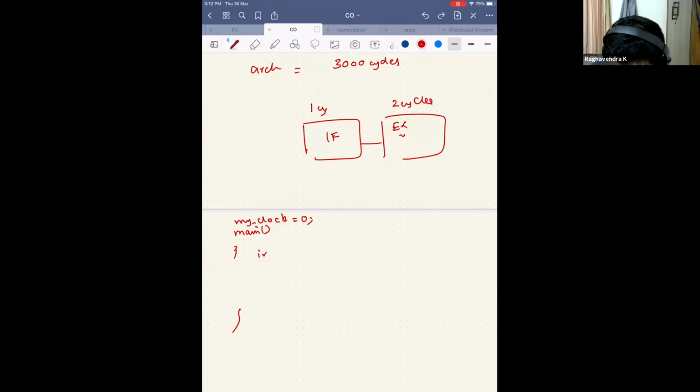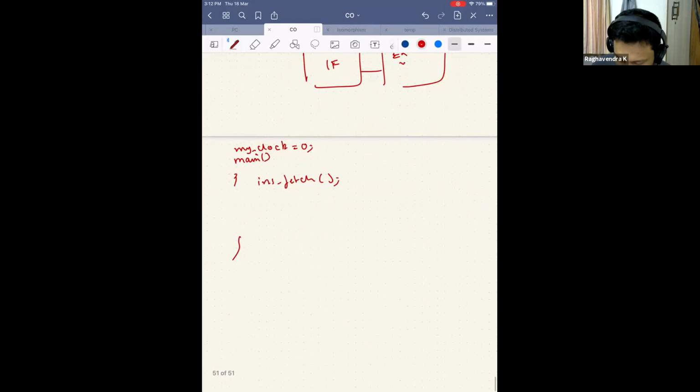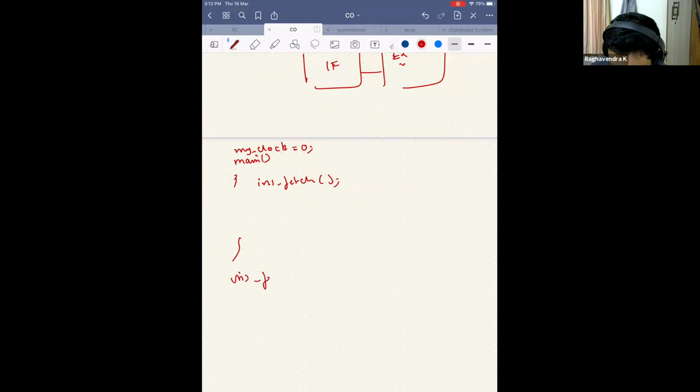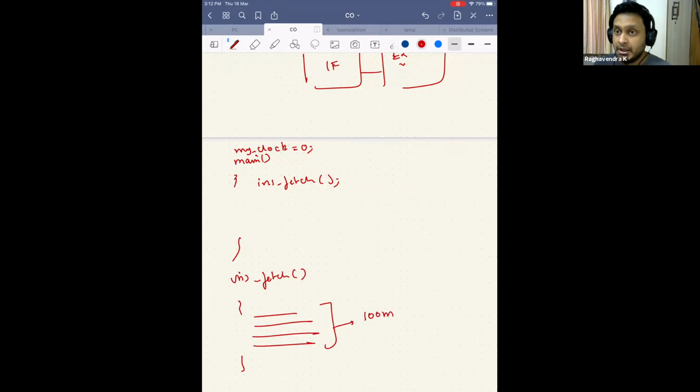Instruction fetch is a function. There is a function called instruction fetch, and I will do whatever I want here. It does not matter whether I take 100 minutes to execute this on the real processor or it takes 1 second to execute on the real processor. All I have to do in the last line of this statement is what?